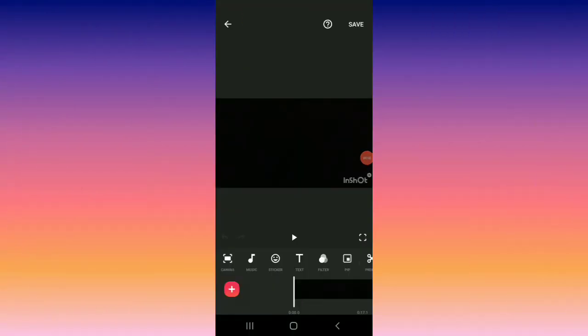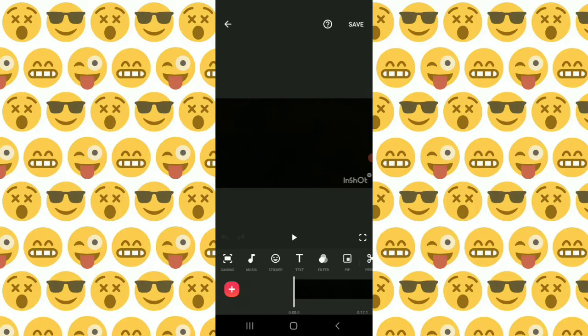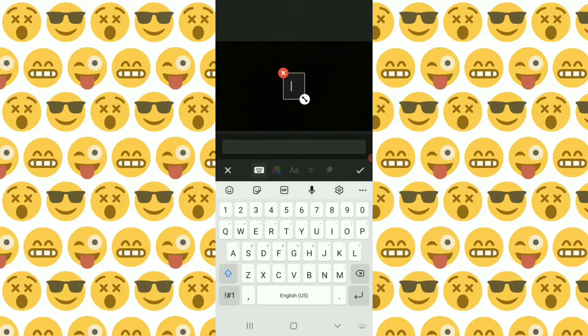So, if you're wondering how to put subtitles on anything, you're afraid for them to not understand what you're saying, you download any editing app, and it should have a words text. You tap that. Now, for instance, if you was to say I, put I,